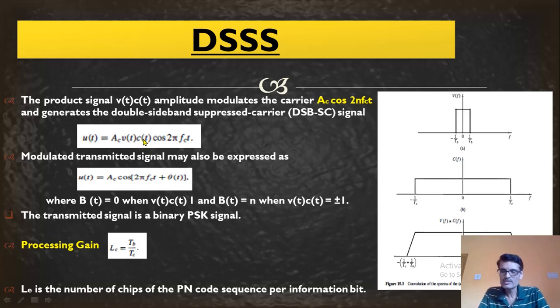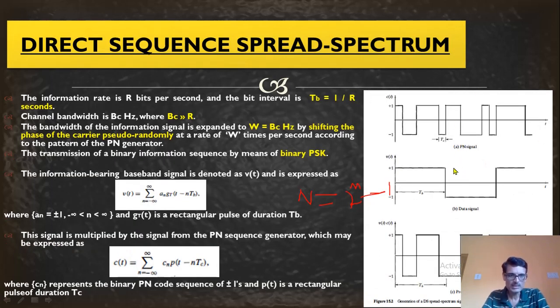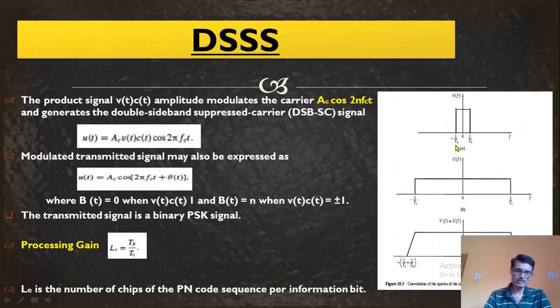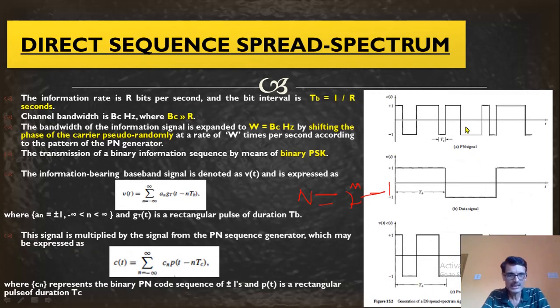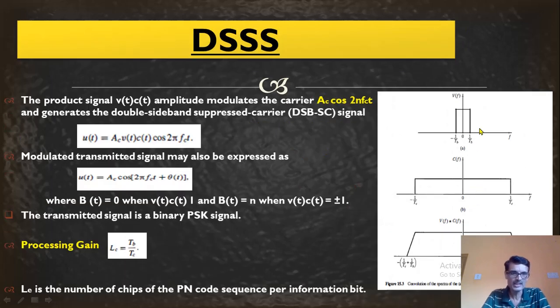If V of t and C of t is minus 1, theta of t is pi radians or 180 degrees out of phase. Now just look at this. I represented this in the time domain here. A multiplication of these two will give you this signal, a spread signal in the frequency domain, V of f, C of f. That means this signal and this signal, in the frequency domain it is represented, low pass signals,